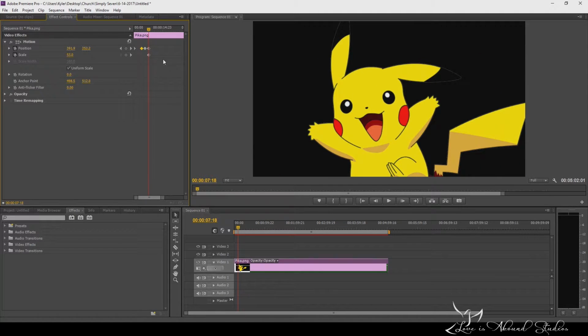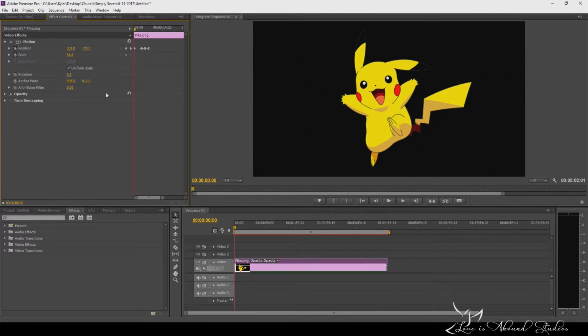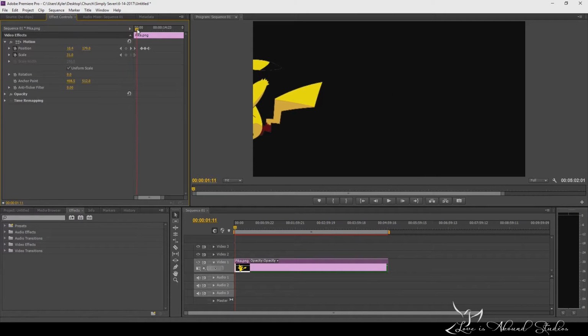Oh, okay. So we did something. He doesn't change his size, which unfortunately we should have probably accounted for, but we didn't. So I'm going to go ahead and go down, highlight this scale diamond here, delete it. Then he's back to small Pikachu. Let's go to 0, 0 and create the timestamp there, or he'll just be the same size all the way through. So he's going to grow at,